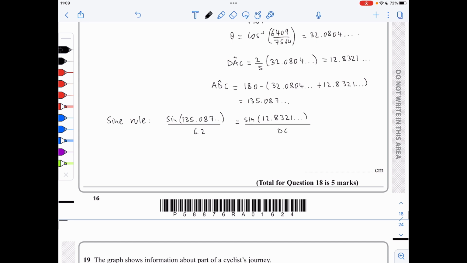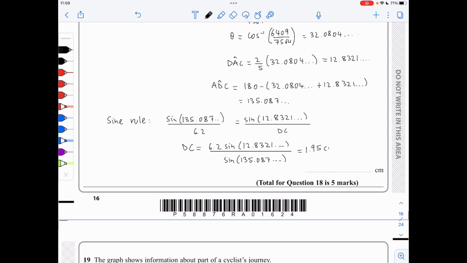We can cross multiply to get that DC is 6.2 times the sine of 12.8321 over the sine of 135.087, and this gives an answer of